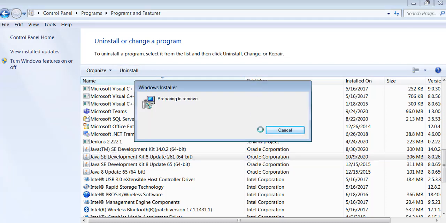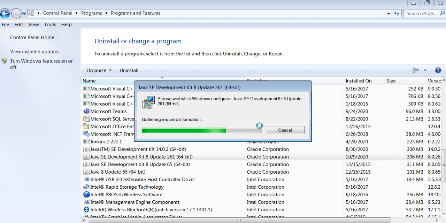Select this, uninstall. Just click on Yes here, which will uninstall JDK from this laptop now. Here, if you look at Java SE, SE stands for Standard Edition. It's the Standard Edition we are trying to download now. So this will take 13 seconds, I think. Almost done. So let me go ahead and install it again now.